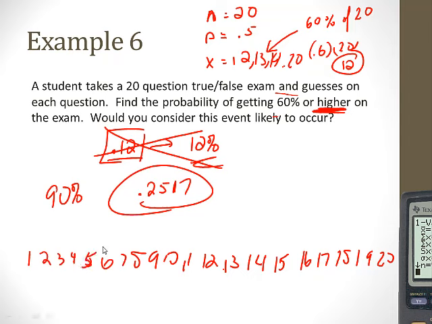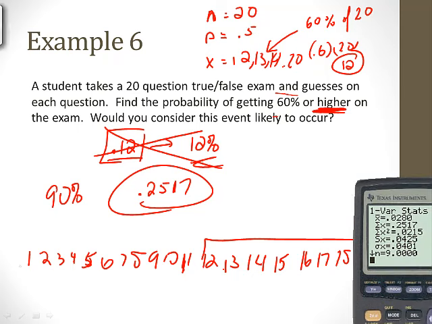Okay, so what are we trying to find? We're trying to find 12 all the way through 20. So what could we do? We could find all the way, oop, left off my 0. You could get 0 right. So I could find